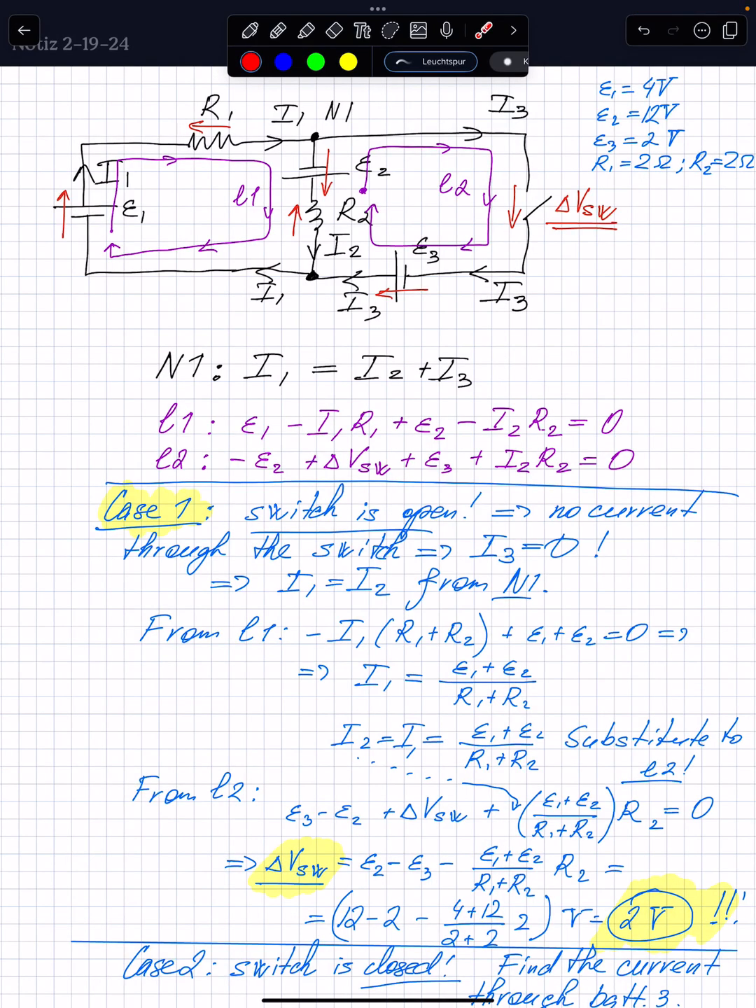One type of problems which we didn't discuss in class, but potentially very important, and you need them for your homework, is the problems which also involve switches in the circuits. And here's a problem